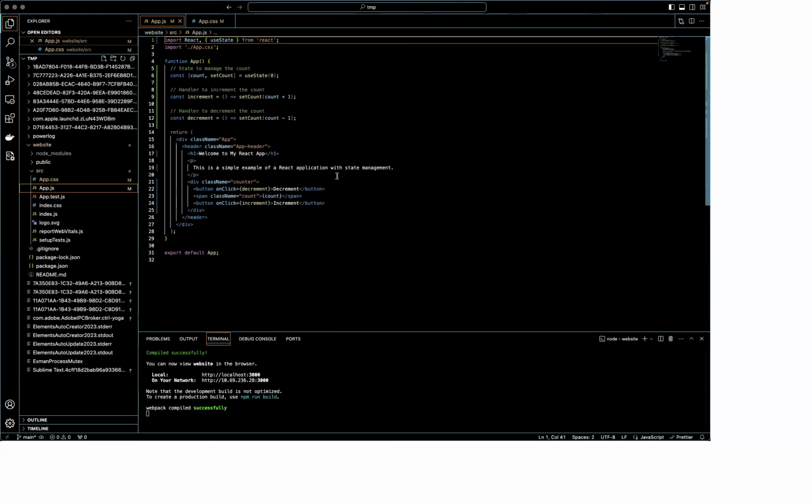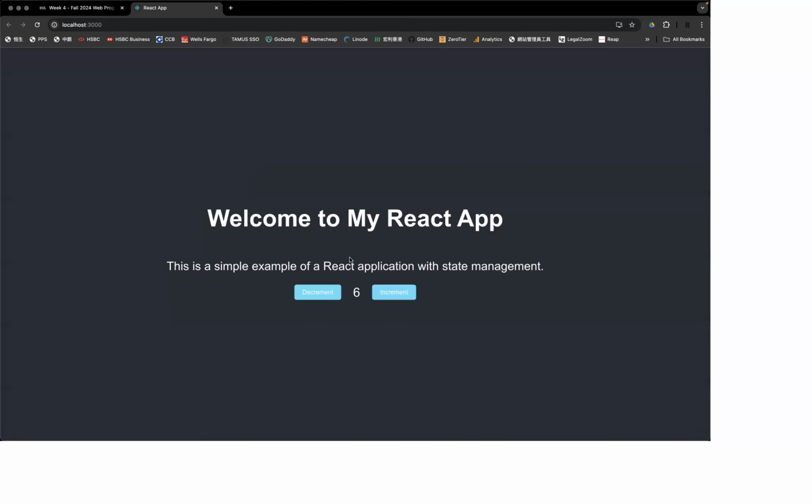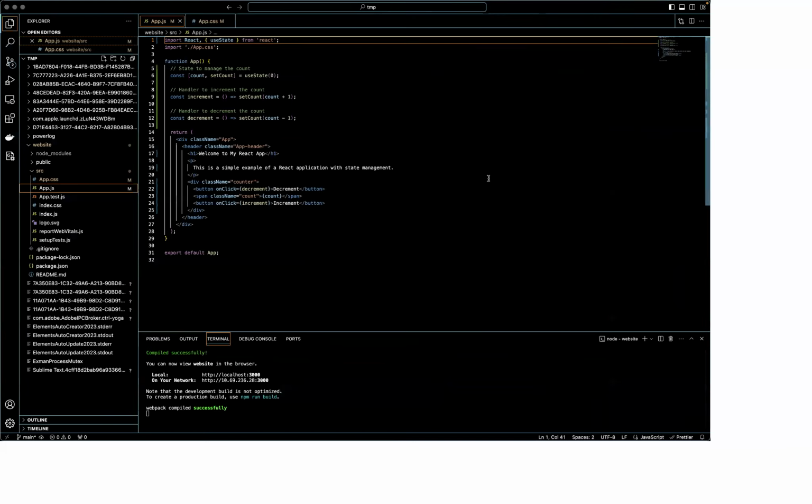You are waiting for it, and when you look at the source code, you should be able to get a page like this. And then when you click on the button increment, you add the numbers, and then decrement will decrease the number, and that's a very simple page. And when you look at the tab,